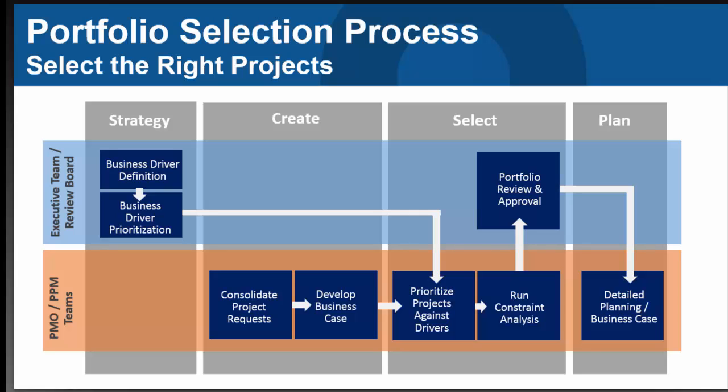And then after you've made that cut and you've determined what the list looks like, you review your portfolio one more time and you approve it. And once that decision is made, it's final. No additional projects are shoehorned in because they're sitting on the corner of somebody's desk,